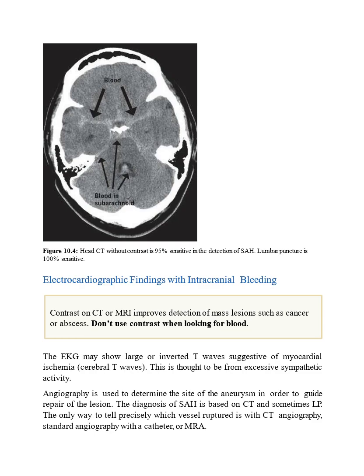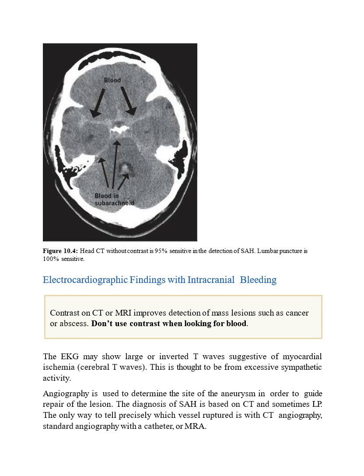Do not use contrast when you're looking for blood. Also, we need to know that an EKG may show large or inverted T waves suggestive of myocardial ischemia, so-called cerebral T waves. This is thought to be from excessive